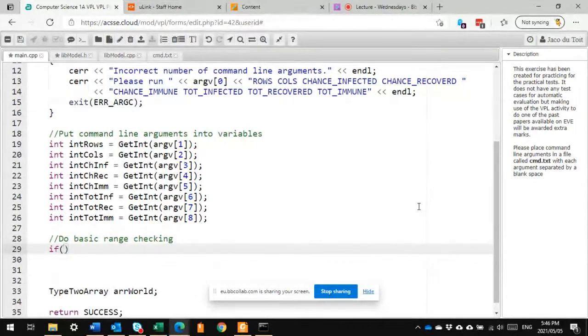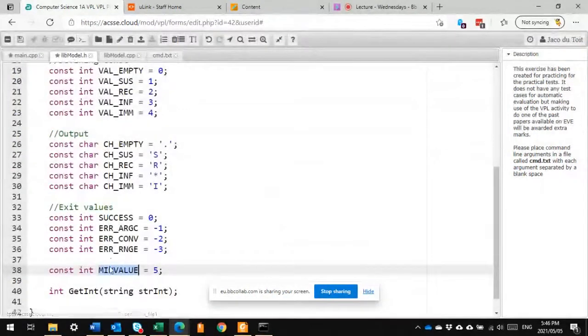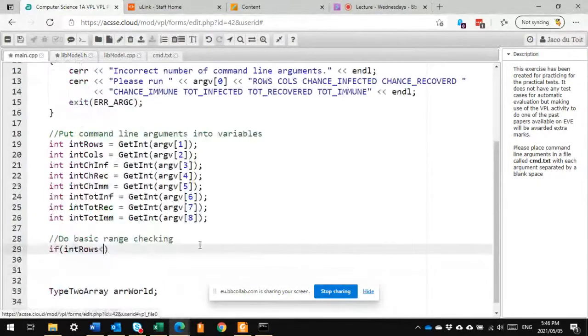That basically means I'm going to create a very, very long if statement that says if int rows is less than, I already forgot what I called it, it's called min value. If int rows is less than min value, or if int columns is less than min value, or if int chinf is less than min value, or